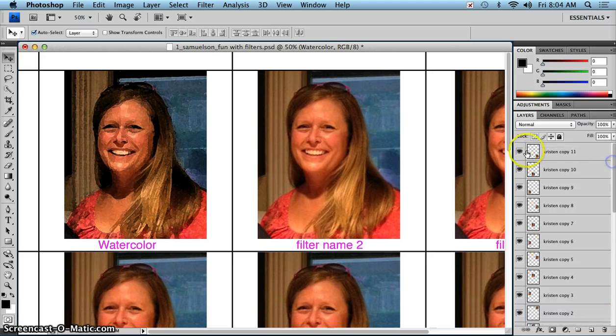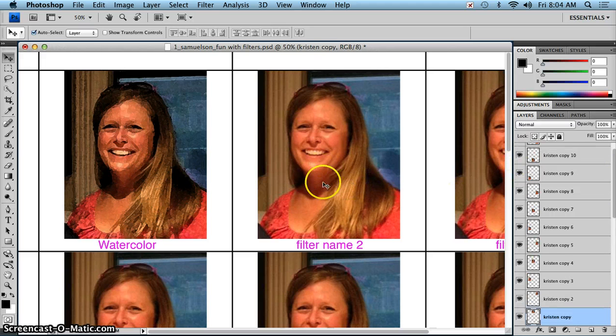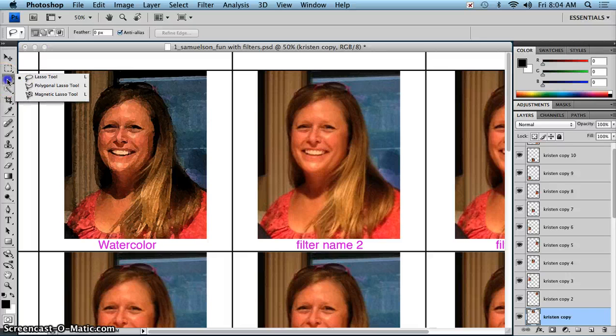Now, when I do this second one here, I want you to know that you can obviously apply a filter to an entire photo, but you can also apply a filter to part of a photo. You could use the lasso tool and lasso out you. You could even do an inverse and apply a filter to the background instead of you, or you could just use some creative method. And I could do with my polygonal lasso, I could do a zigzag through the center of this photo and